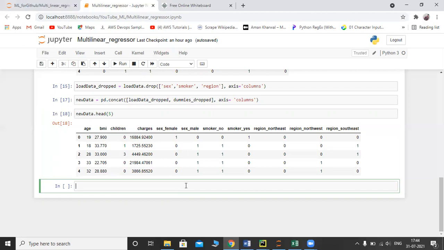Now what I will do is import from sklearn. I will partition this data into two types: training data and testing data.